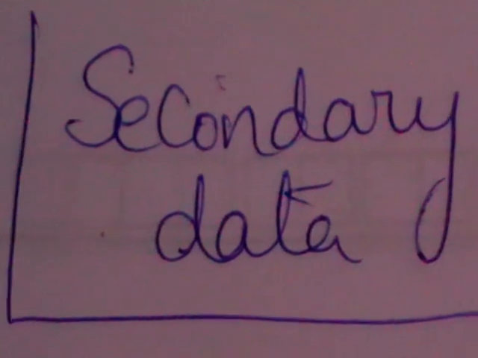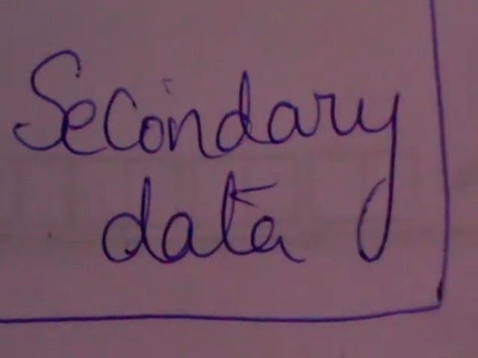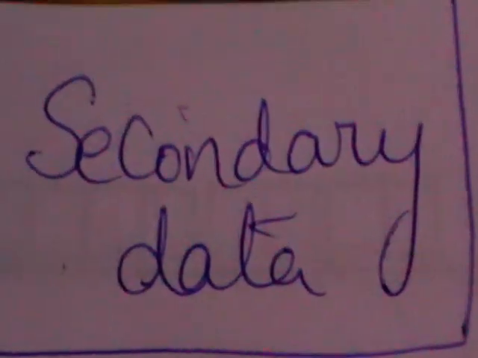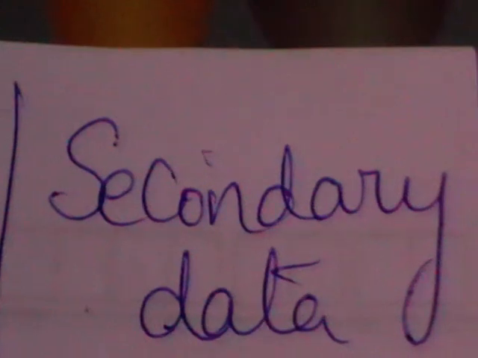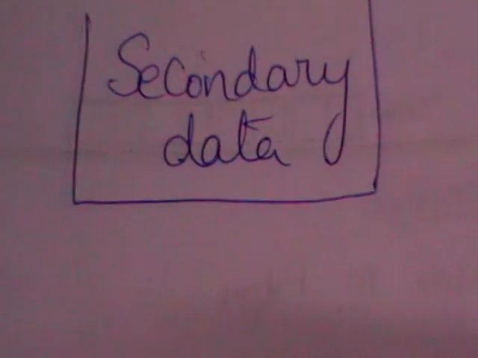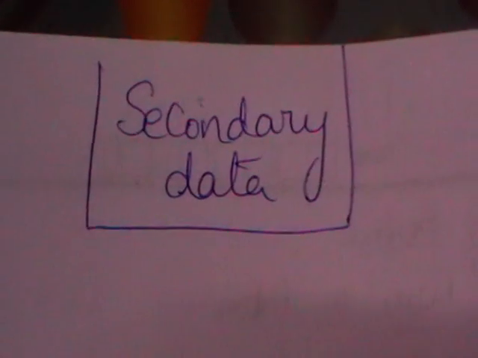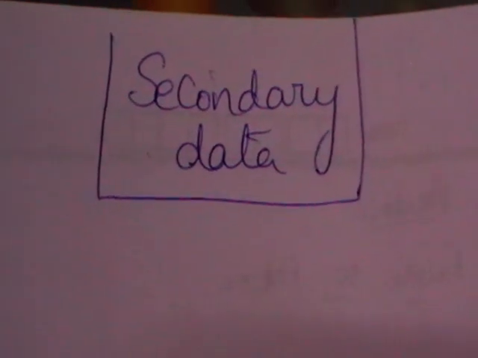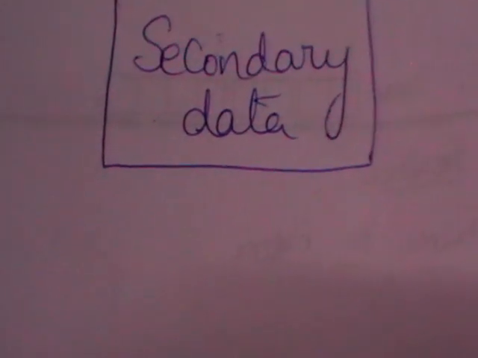We have also discussed the different methods of collecting primary data: interview methods, surveys, observations, and questionnaires and schedules. These we have already discussed. And what are the advantages and disadvantages of primary data? As you are collecting the data for the first time, it has more accuracy and fewer mistakes will be observed. The accuracy of the data is more in primary data.